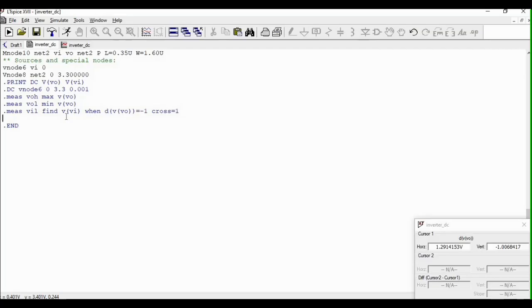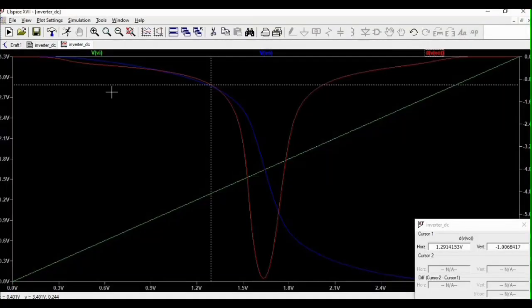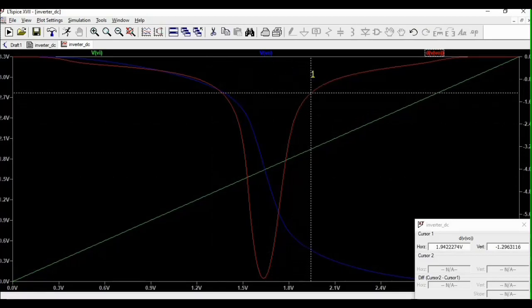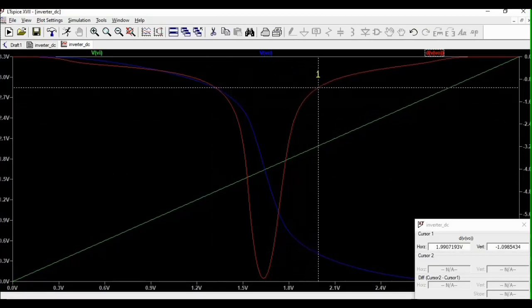So to get the VIH, so that measure VIH, let us look at the simulation. So this is the first occurrence wherein it is equal to negative 1, and approximately this is the second occurrence wherein it is equal to negative 1.